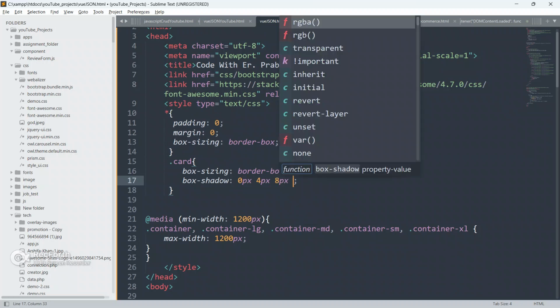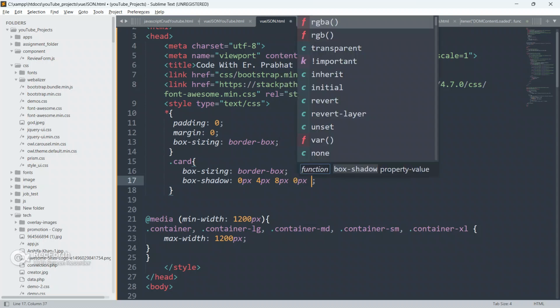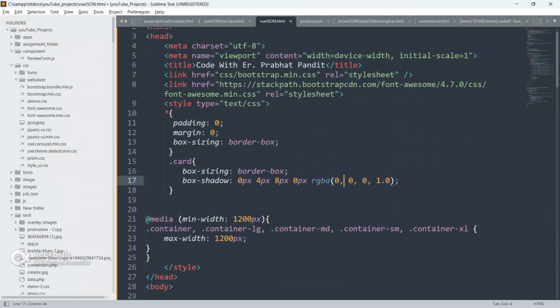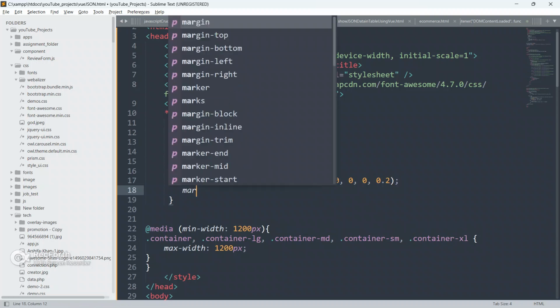and box shadow as 0px 4px 8px 0px RGBA. Just change the value of opacity only, so put 0.2, or whatever you want.